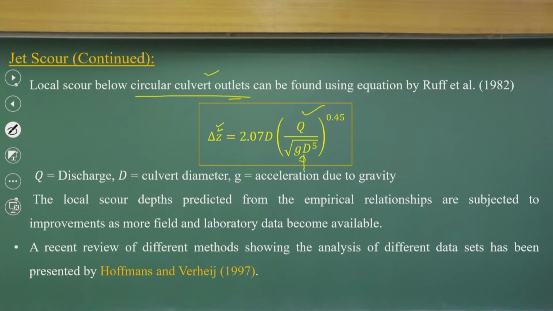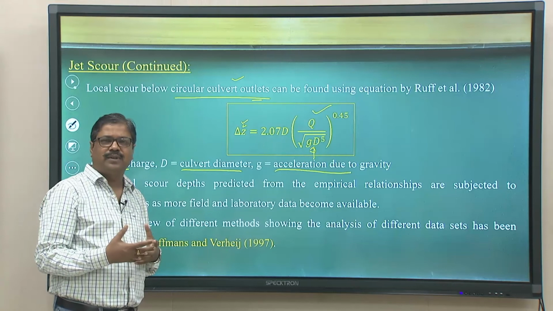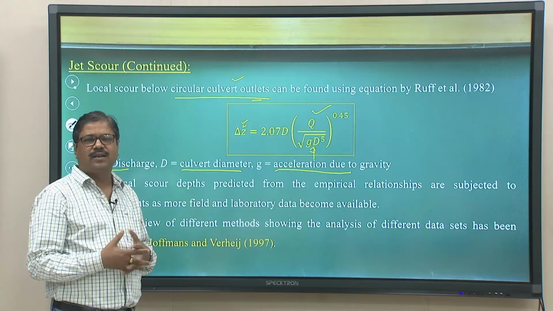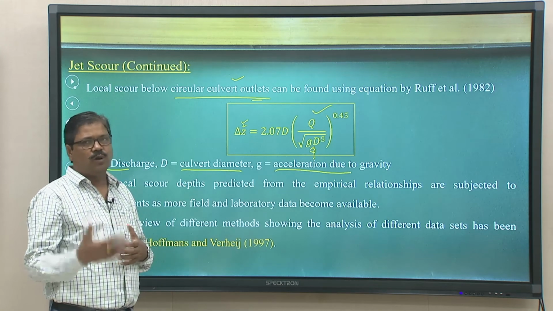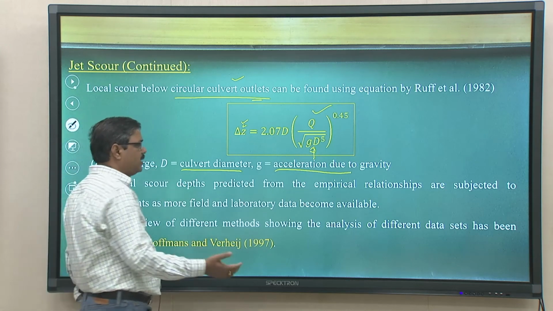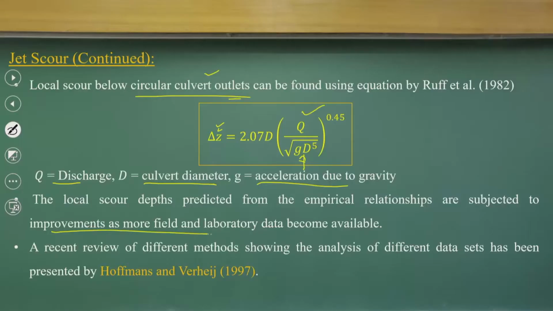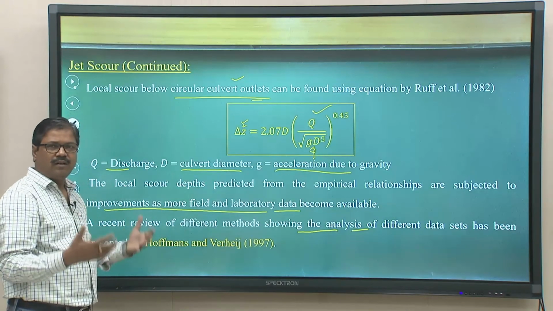So, as d is the culvert diameter, Q is the discharge, etc. Basically, we always have these empirical equations to estimate the scour hole depth, but whenever we go for major structures, we conduct separate physical modeling studies followed by dimensional analysis from case to case, because that gives us more field data and laboratory data. We combine them and try to modify these equations, or look at whether these equations are enough for designing